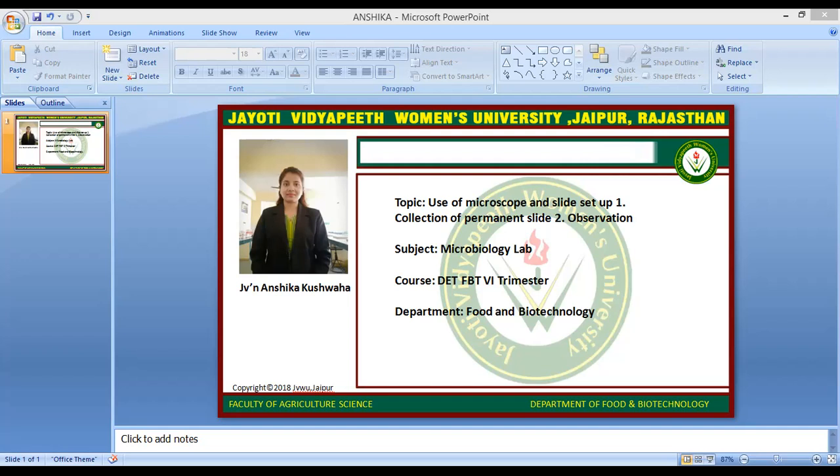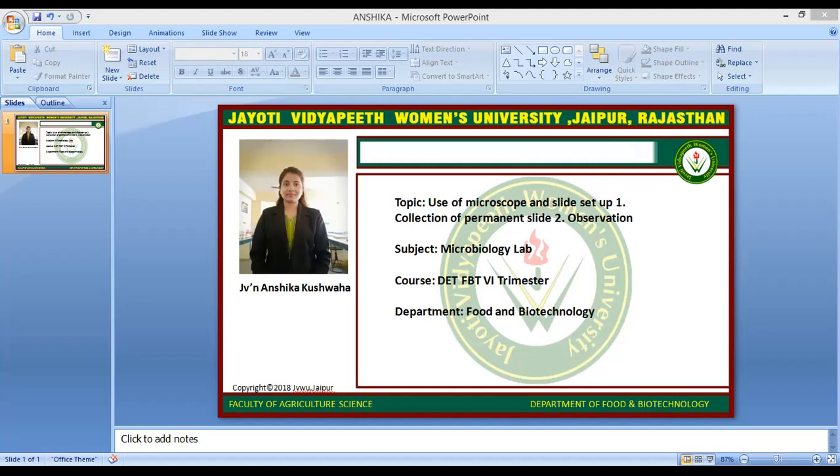Then next we will discuss what is dark field microscope. In the dark field microscope, the object appears bright against a dark background. It is made possible by a special dark field condenser, hence the name dark field microscope. The principle of dark field microscope: the condenser has a central opaque area that blocks light from entering the objective lens directly and has a peripheral annular hollow area which allows the light to pass through and focus on the specimen obliquely.